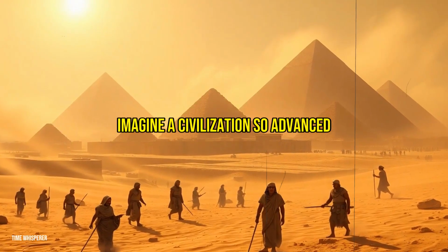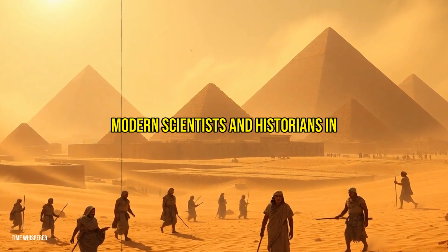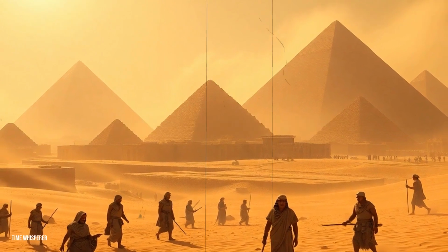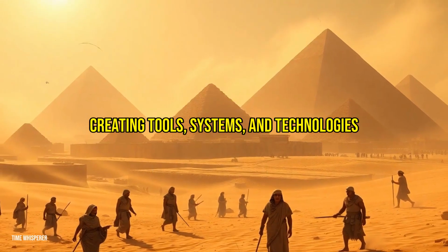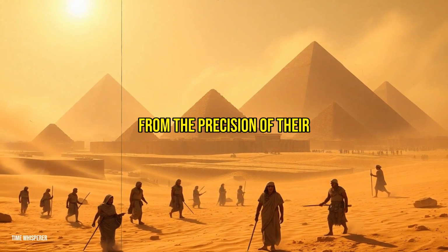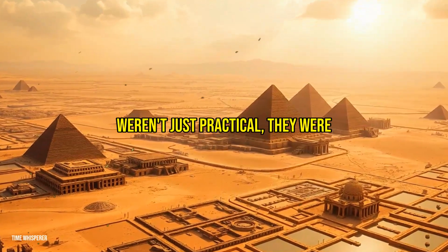Imagine a civilization so advanced that their inventions, crafted thousands of years ago, still leave modern scientists and historians in awe. The ancient Egyptians weren't just building pyramids and carving hieroglyphs. They were pioneers of innovation, creating tools, systems, and technologies that shaped their world and continue to fascinate us today. From the precision of their calendars to the ingenuity of their irrigation systems, these inventions weren't just practical, they were